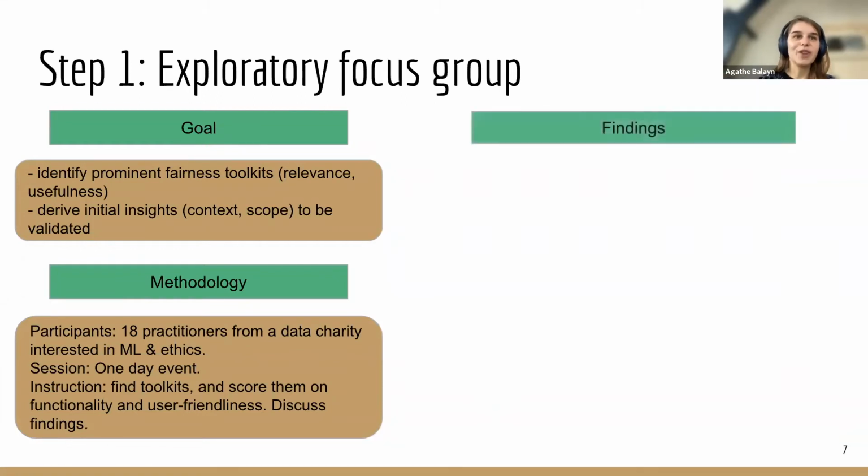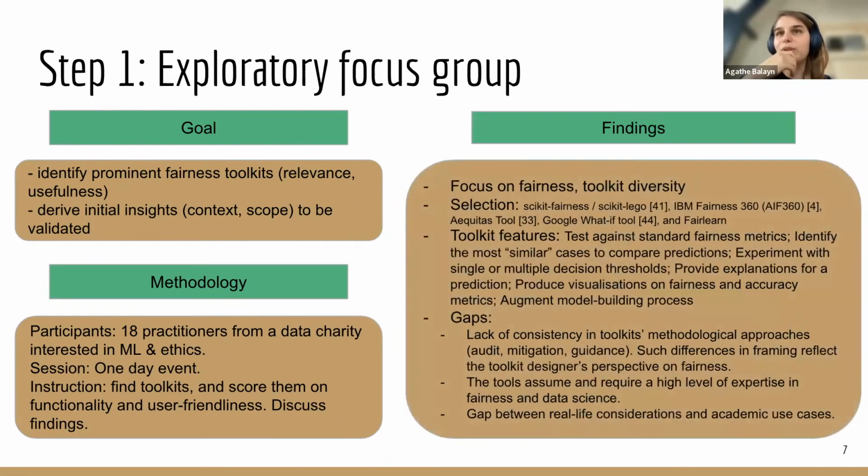And from these 5 groups, the first result was that among these different topics, so not only fairness, but explainability, etc., the topic with the most toolkits was probably around fairness. And so that's why they chose this topic for the rest of the paper. More specifically, they chose the 5 toolkits that I listed afterwards. So for instance, the IBM toolkit, AIF360, or the Google one called the What-If Tool, for instance.